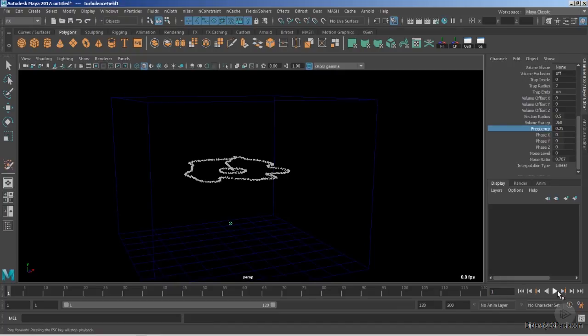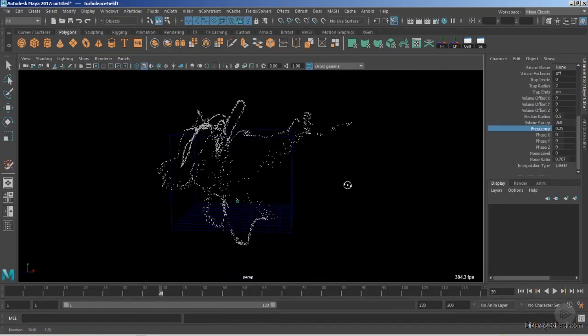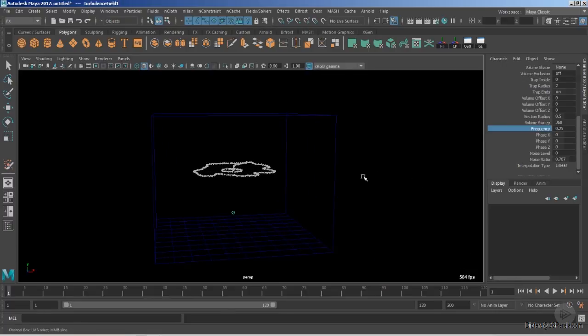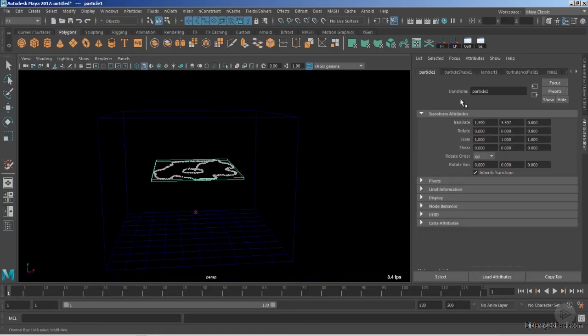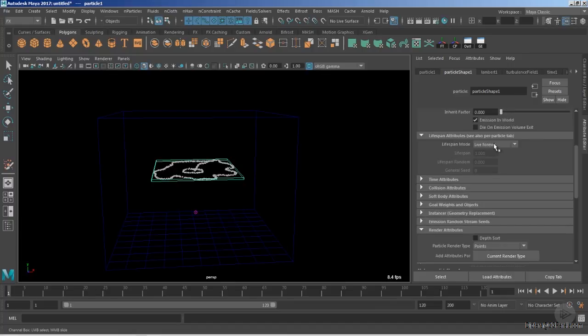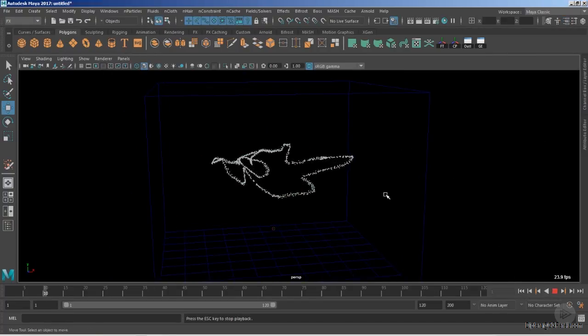Now if we play, you can see the particles are going mad all around. So the best way to fix this is, first of all, we need to reduce the conserve, let's say 0.9, and I also would like to give the age. So instead of live forever, we would like to give a random range 1 to 0.25. Alright, pretty straightforward. Now if we play, you can see that,